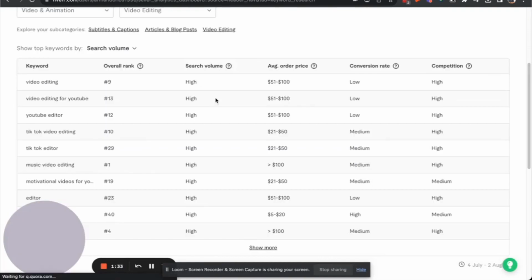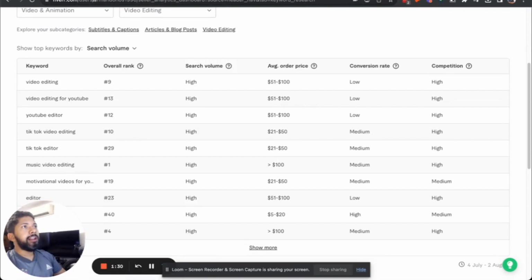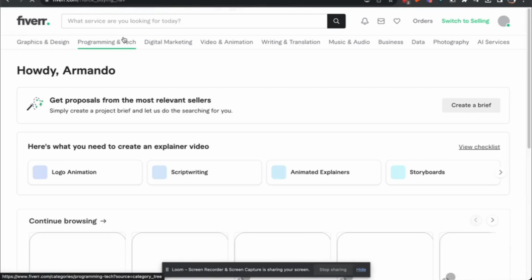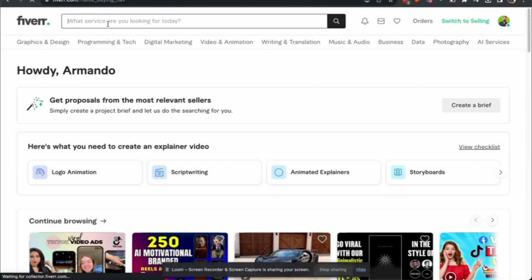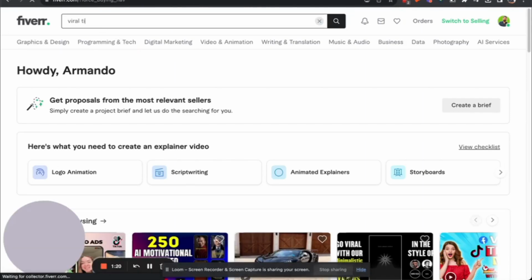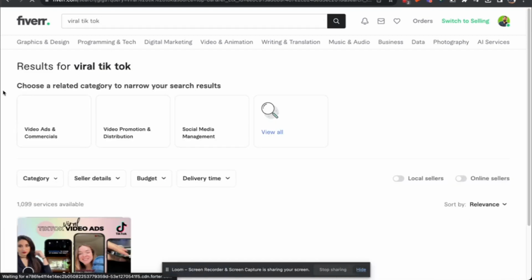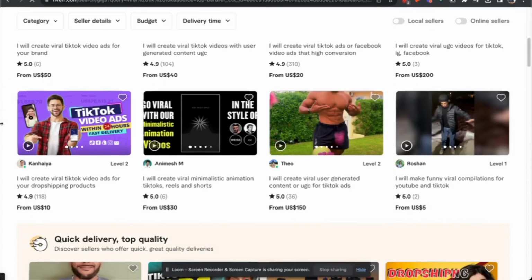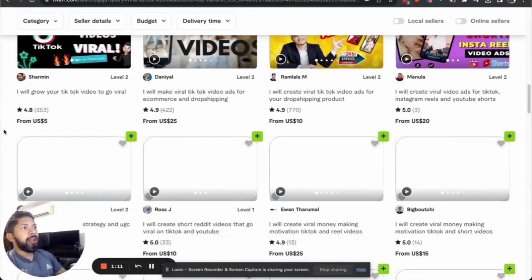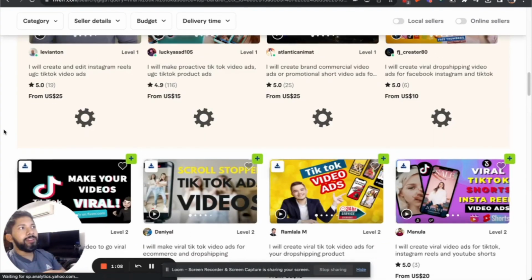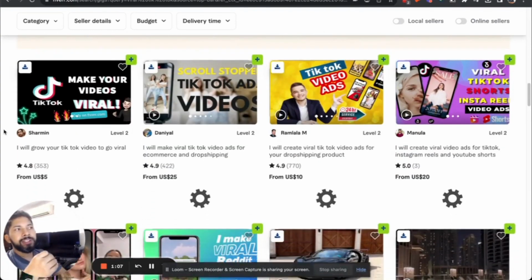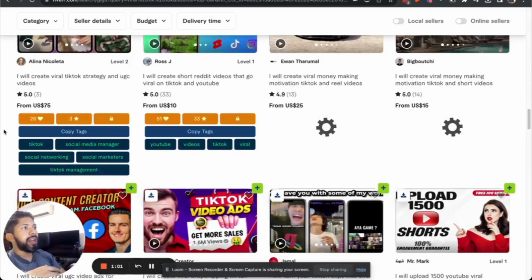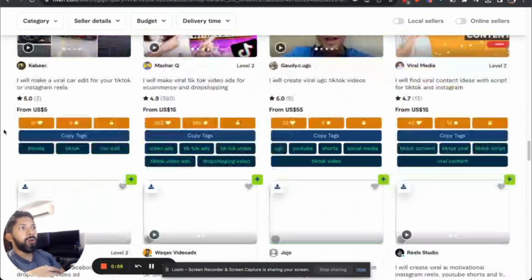Then finally, I would definitely say try to look at your standing. In here, you go to the buyer's profile or window, and in this case it's going to be viral TikTok. Try, for example, to find words in the headline you can actually implement and see how it looks right now. It's not directly involved with the success of the search results, but it definitely gives you an idea of how you stand among that keyword. So I know for a fact that this is a keyword I'm very present in. So if I scroll all the way down here,